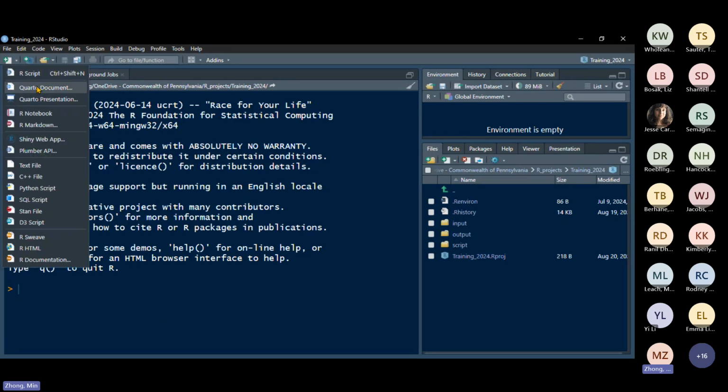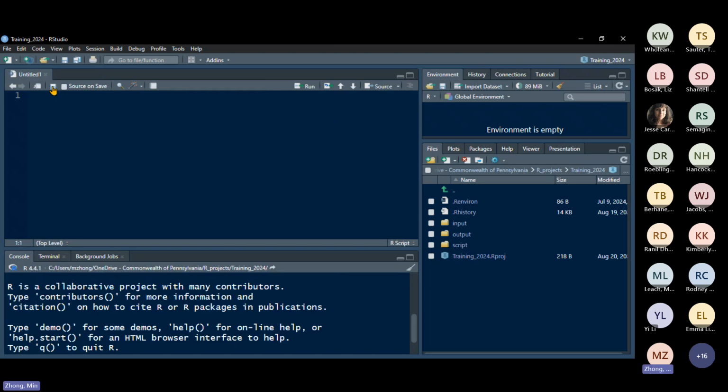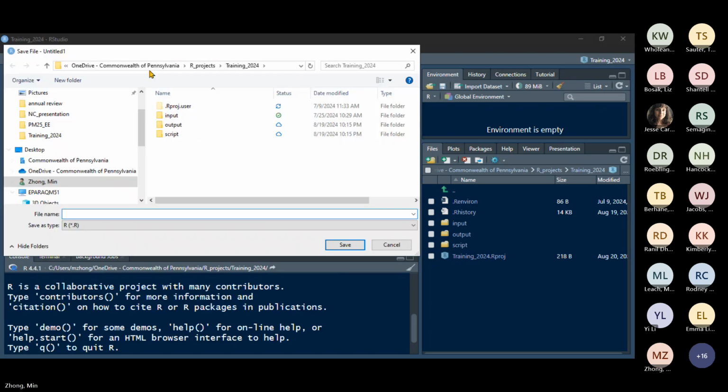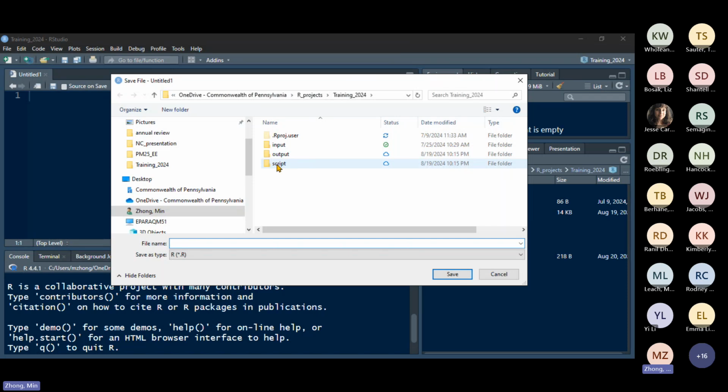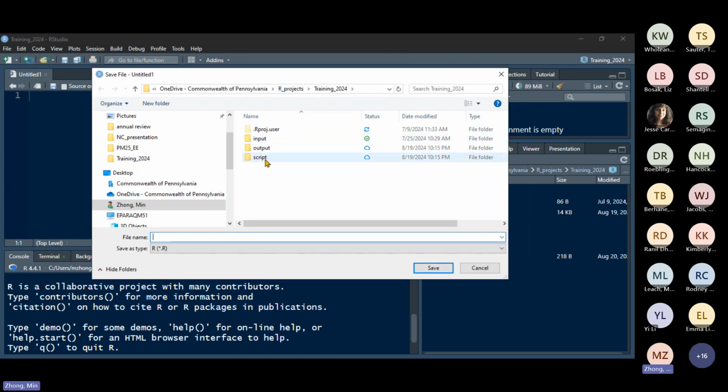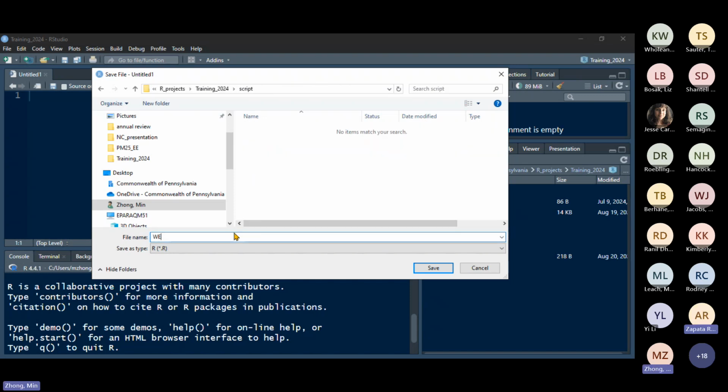Usually what I do is create a new file and then save it in my project folder, where there are multiple subfolders. And I usually save it in the,